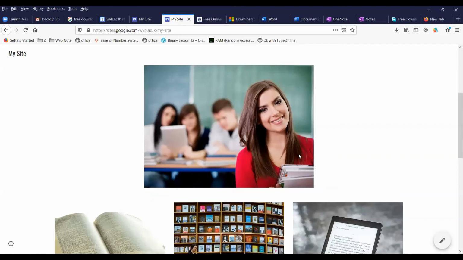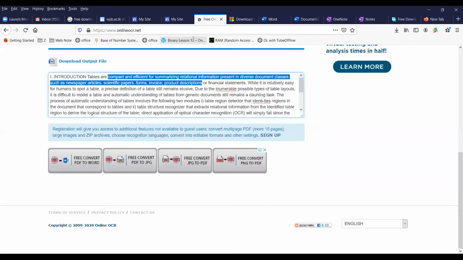Yes. So when you search, if the image is copyrighted, they will show you that.